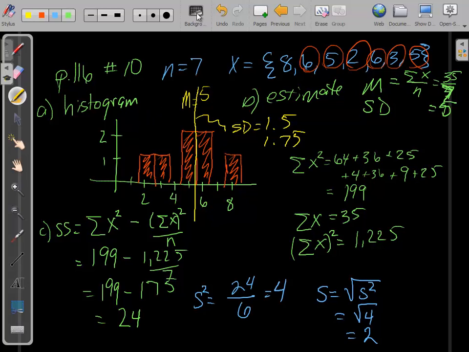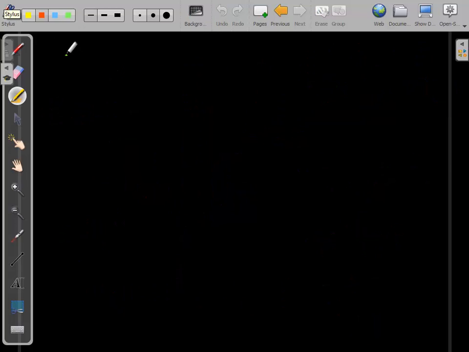Okay? Let's see another example. Let's take a look at what's another good one? How about number 18? So now we're on page 117. Let's look at number 18. Okay, so it says calculate the sum of squares, variance, standard deviation for the following sample. We have n equals 4 scores. So n equaling 4, and our set of scores